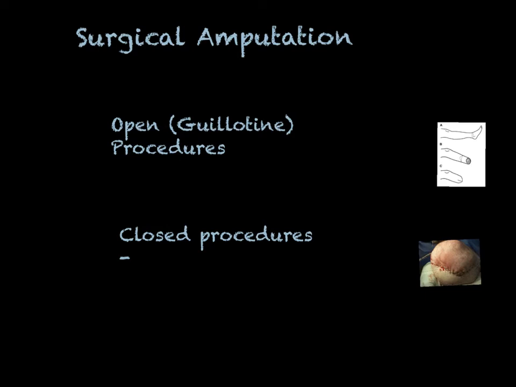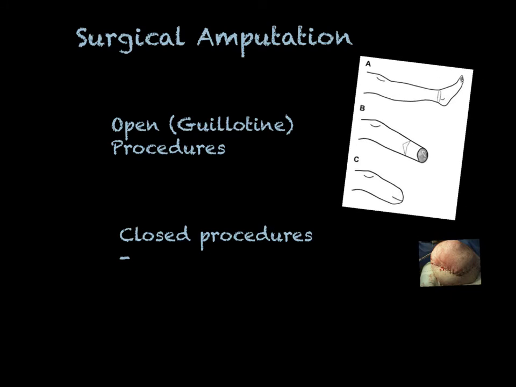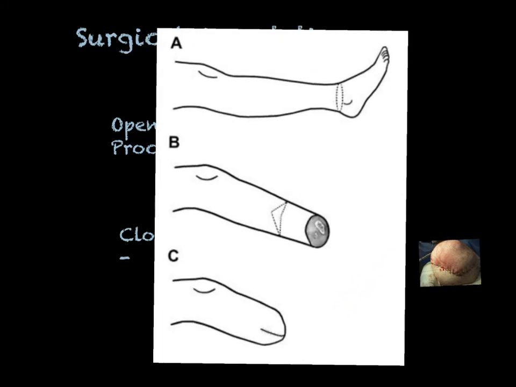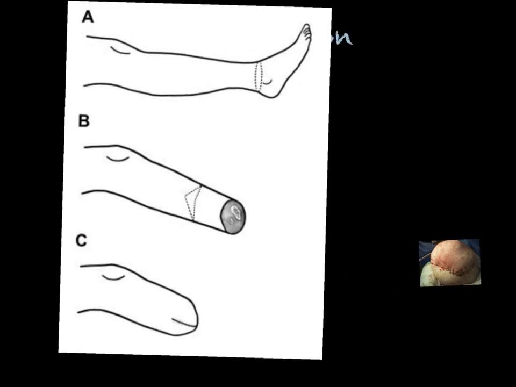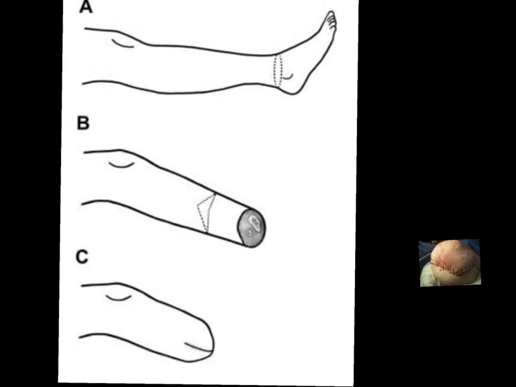So there are two types of surgical amputation procedures. There is the open or guillotine procedure. I'm going to blow this up. I tried to find a good one on the internet that wasn't too graphic, but most of them showed a lot of necrotic bone. The reason that I chose this picture was it illustrated the concept without being too sort of over the top. Certainly, if that's your thing, go ahead and Google open amputation. You'll find all kinds of traumatic amputations. But I caution you, if your kids are in the room, you might want to not put them up on your big screen.